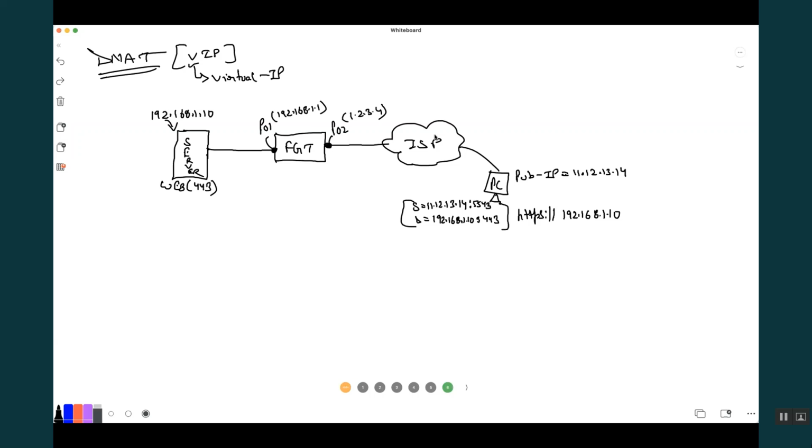We have to configure something in a Fortinet, right? Because the private IP is not routable. Correct. But forget about Fortinet. This packet is created on the PC side, right? The destination is a private IP. Can your internet help to reach this private IP? No. So your packet cannot go to the internet. So your packet is dropped.